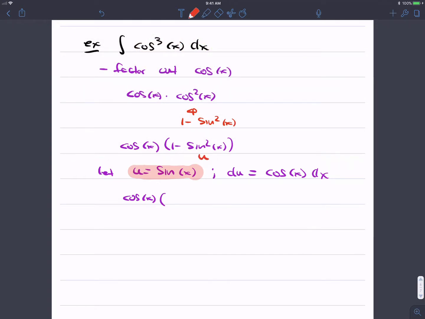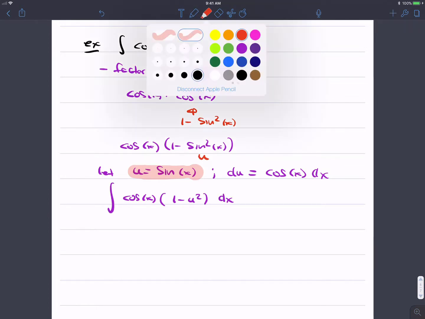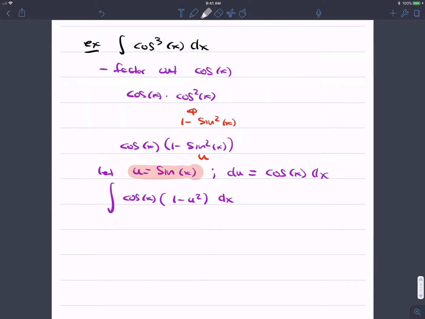So this will be 1 minus u squared. Now, we are integrating this with respect to x. So over here, we also know that cosine dx, here's my cosine dx, is simply du. So I can replace this with a du. So you get 1 minus u squared du now,